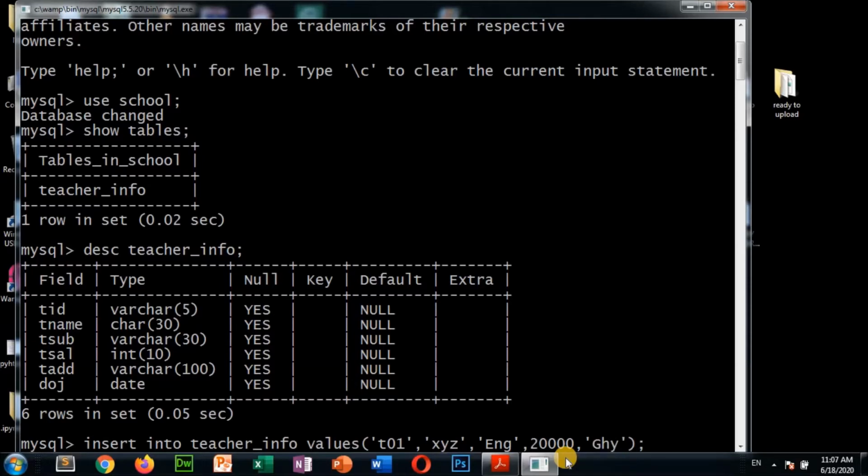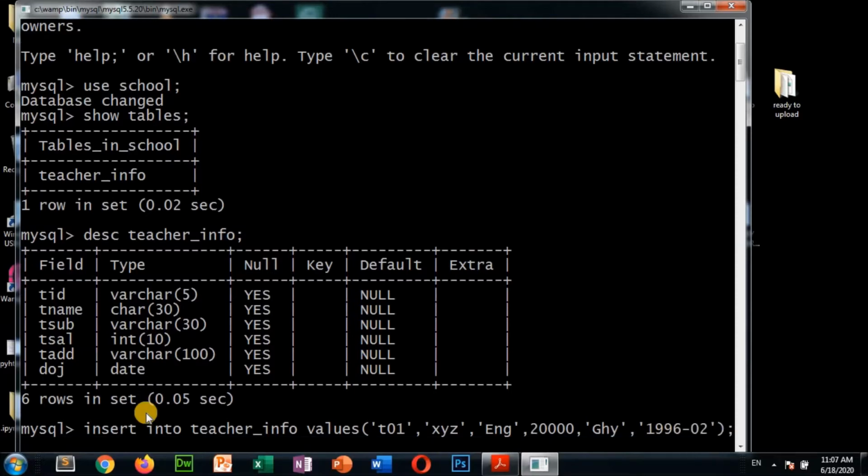Then I am giving a comma again here, then after that the date is there, so the date also you have to write inside single or double quotes. I told you before that there is a default format for date, so you have to enter that default format, follow YYYY-MM-DD, always follow that format, then only it will accept the date. Suppose I am giving here 1996, 02, 23, done. After that the bracket is closed here, semicolon here, now press enter.